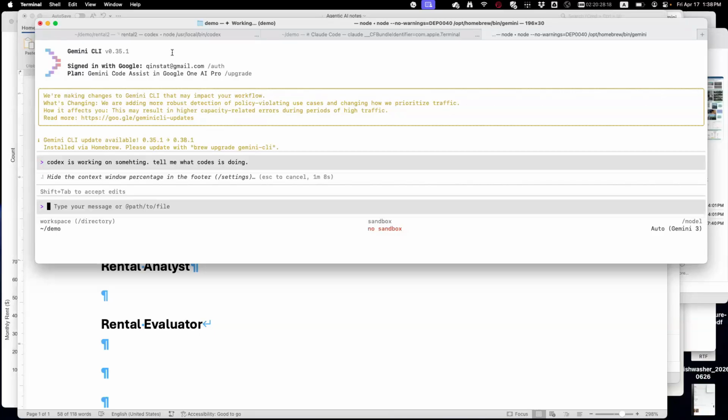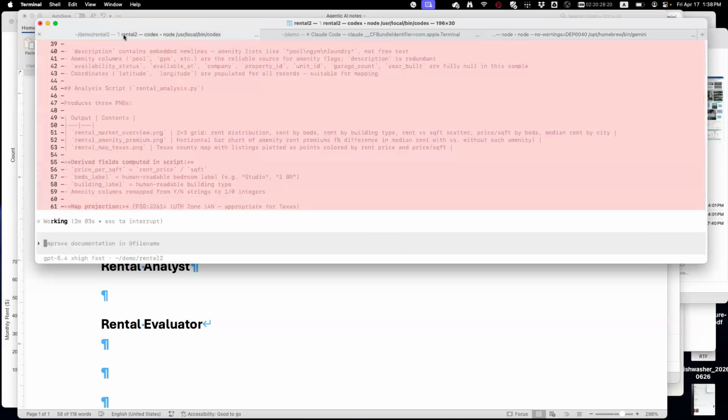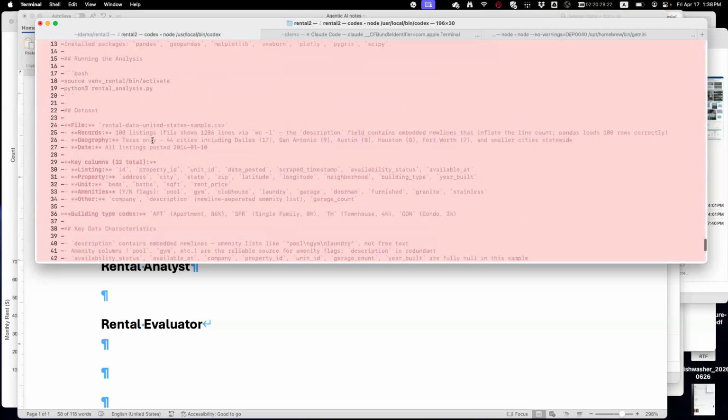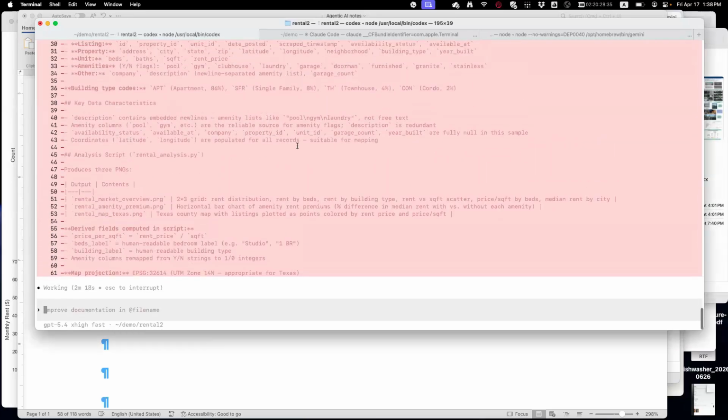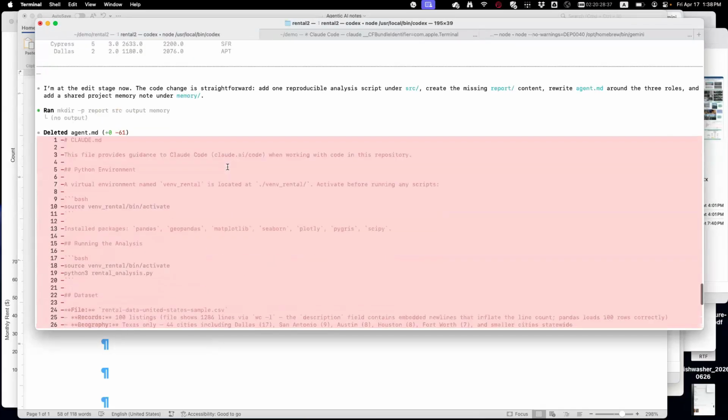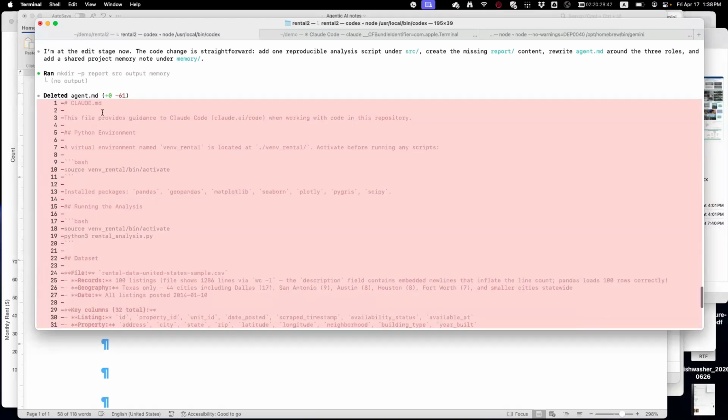Wow. So that's actually generating all the plan now. Apparently that's its... Oh, it's a delete of the previous agent.